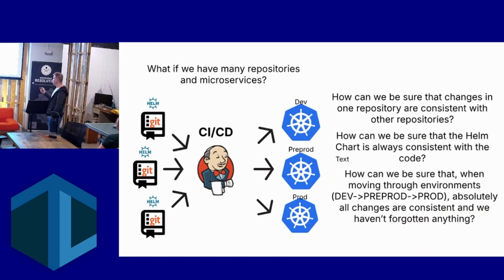A bit more complicated scheme. We have multiple repositories, multiple sites, multiple environments, and we begin to have problems. If we change something in one repository, in one Helm chart, probably we have a dependency in another repository, and we have to change, for example, a service name, an endpoint, or any ACLs, whatever, in another repository. So we have to keep our code